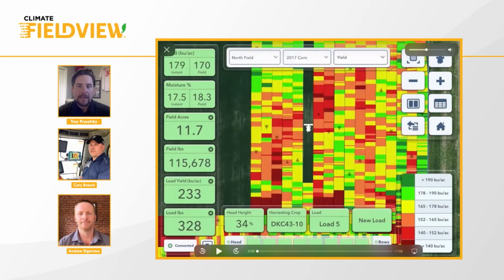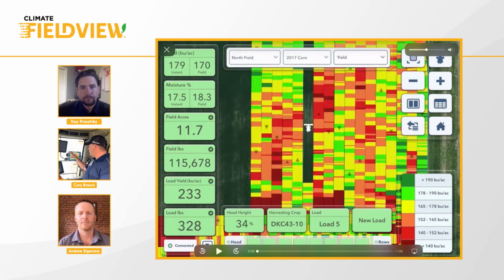Yeah, that's great. Now I say we jump into the cab with Cory and have him give us a little bit of a live demo on what you're going to expect when you're in the cab. Yeah, you bet. So today's definitely not an actual harvest date, but I wanted to step through some of the main screens to show you some of the data that you'll see in real time while you're in the field. Basically, you can customize it to whatever you want to see, but for today's purpose, we're going to be harvesting corn, and I'll step you through some of the pieces that we're going to see.